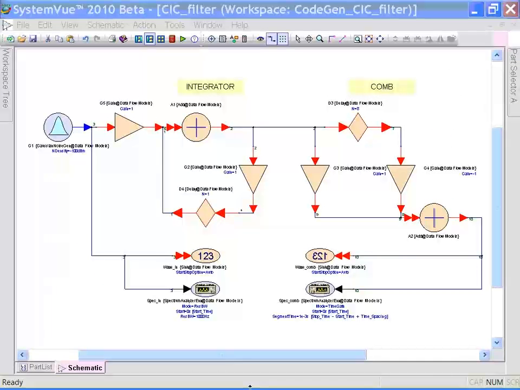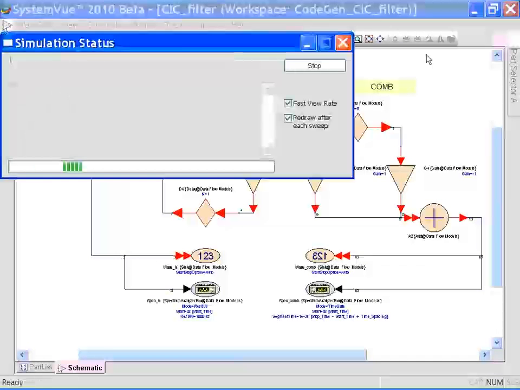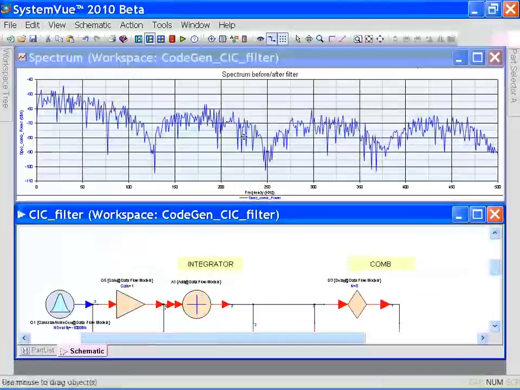To explore the functionality of the SystemVue C++ code generator, we will look at a simple design of a cascade integer comb, or CIC, filter that we've created in SystemVue. Here you can see I've already created the schematic for a two-stage CIC filter that implements a low-pass response. By simulating this filter, we can take a look at the low-pass response just to validate that the design is